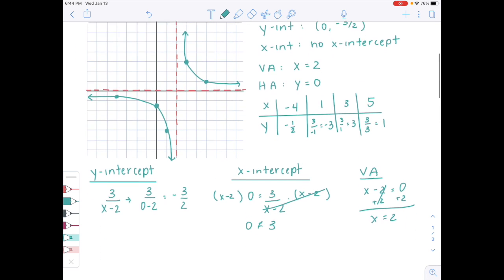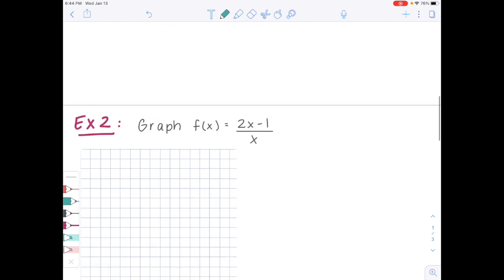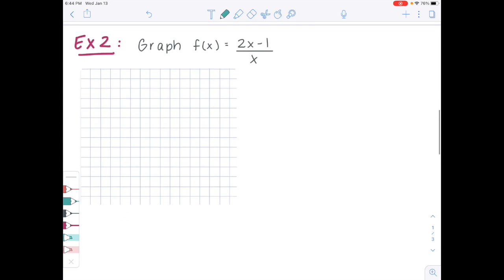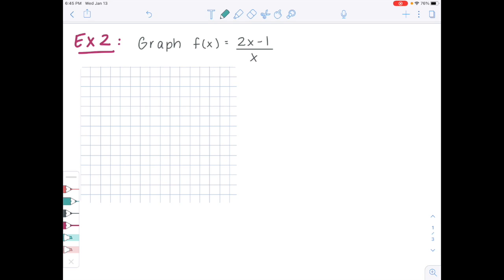Let's give another one a shot, just to make sure we totally understand it. So we want to find the y-intercept, the x-intercept, the vertical asymptote, the horizontal asymptote, and we want to plug in a few more points after that. So first, to find our